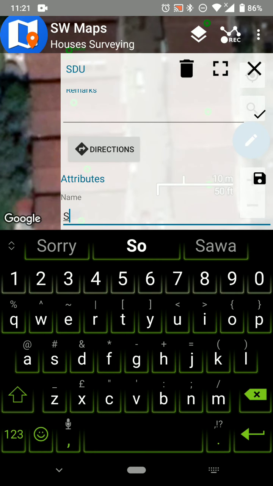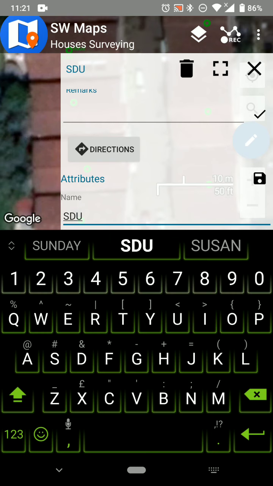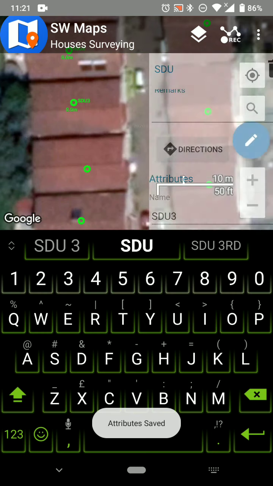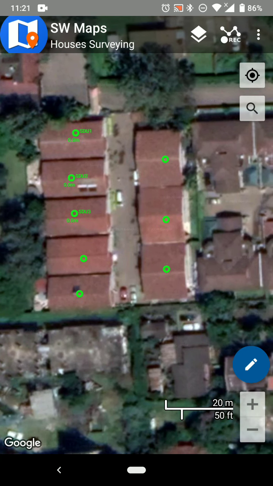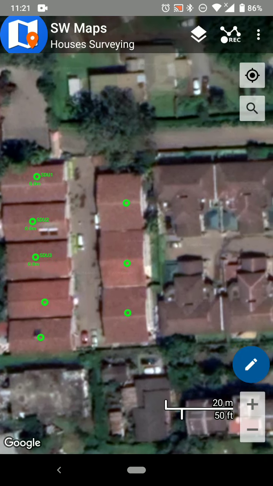SD3, save, and so on and so forth. So I think you get the idea. Now for the other